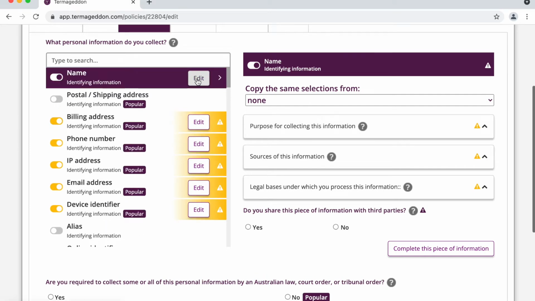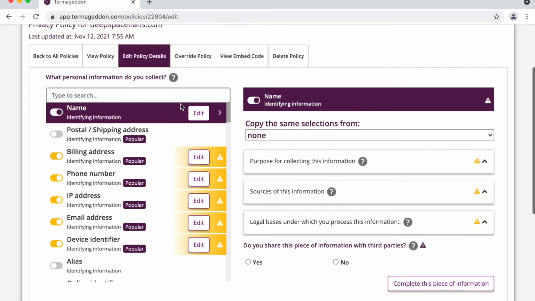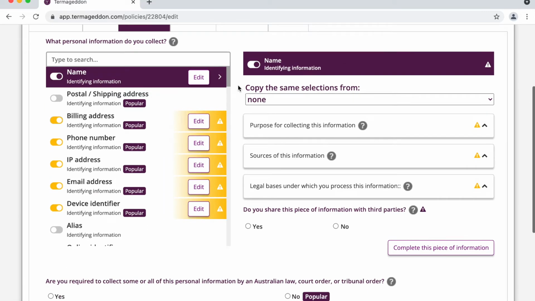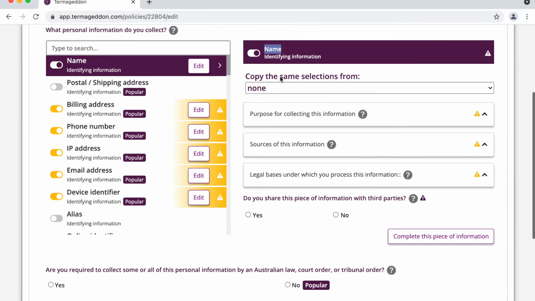Okay, so now that you've identified all the pieces of personal information that your website's collecting through forms and behind the scenes, like tracking pixels and analytics, I'm now, on a per item basis, going to discuss what I need to do or what I do with that information. So I'll start here with name. I'm going to click the edit button and I see on the right hand side, I'm now filling out information